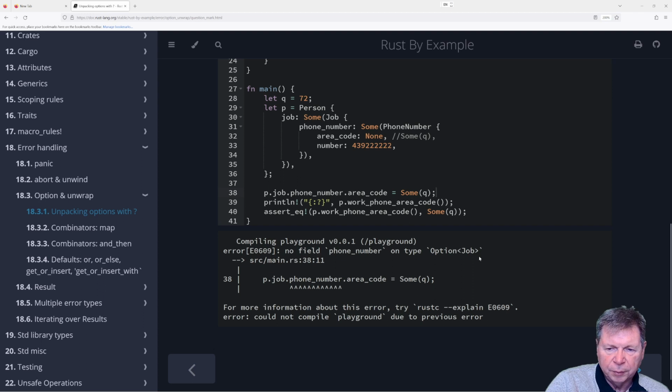No field phone number on type option job. Yeah, I think we need to unpack somehow, extract job from the option job, because we can't just do this, because this is an option job. Good Lord. So we can't actually get at phone number directly, and we won't be able to get at area code directly